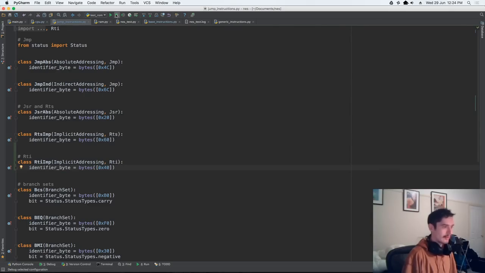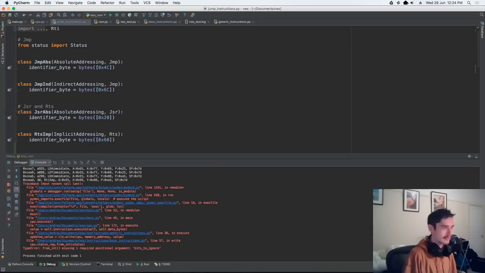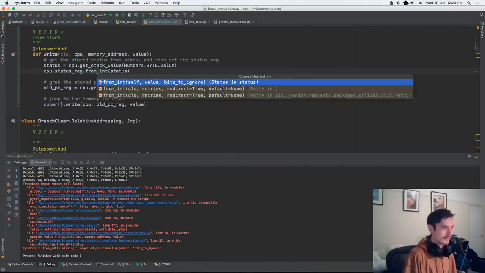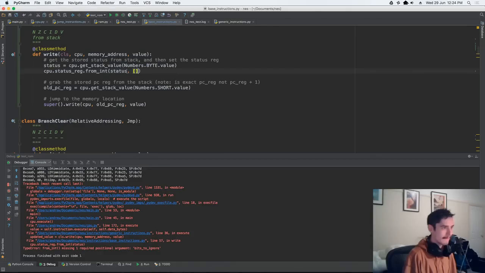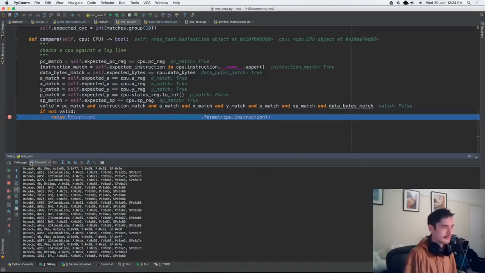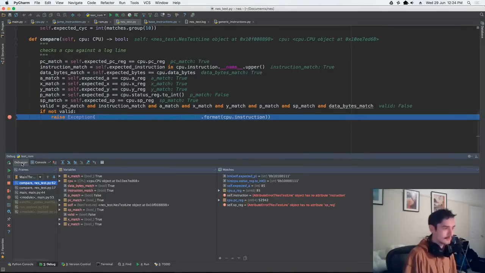So now this instruction should work. Missing one positional requirement, so no bits to ignore. Cool. So our thing is wrong,